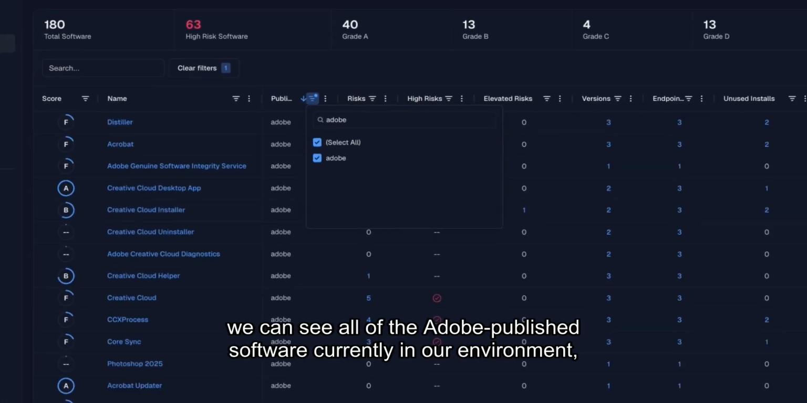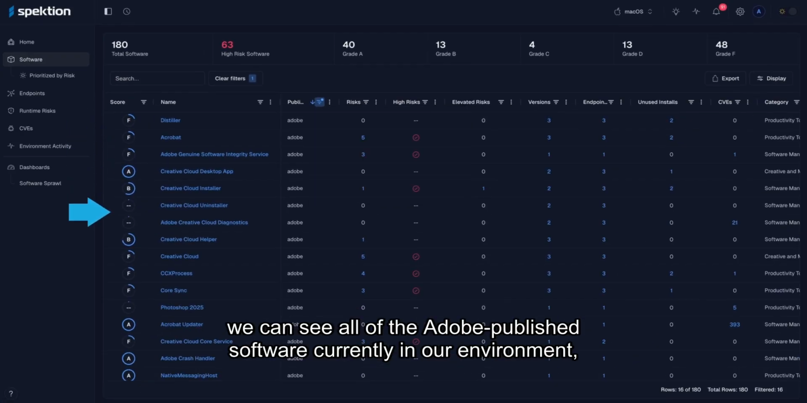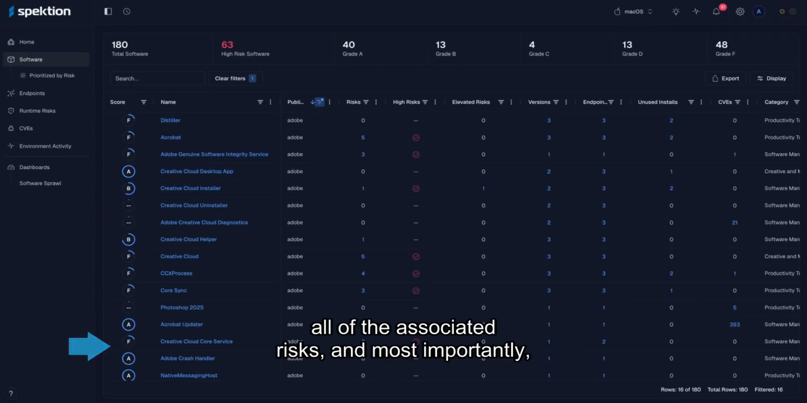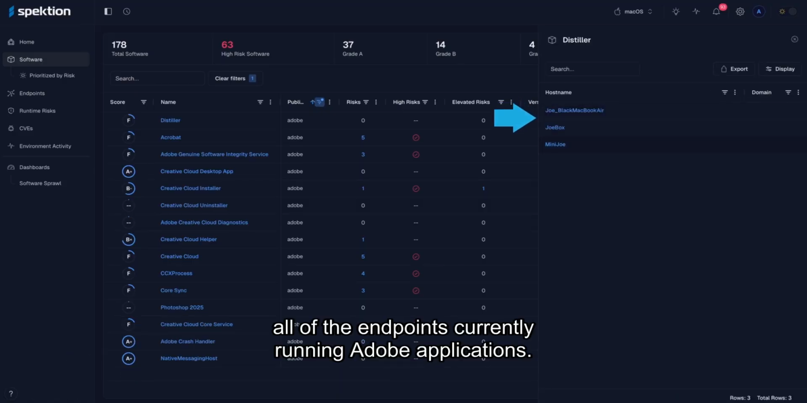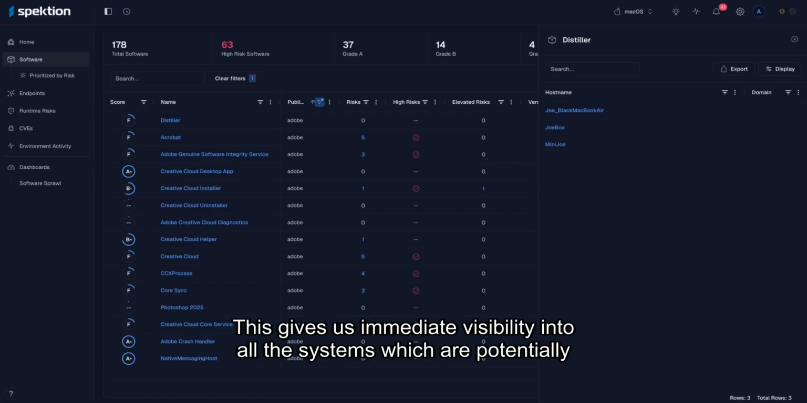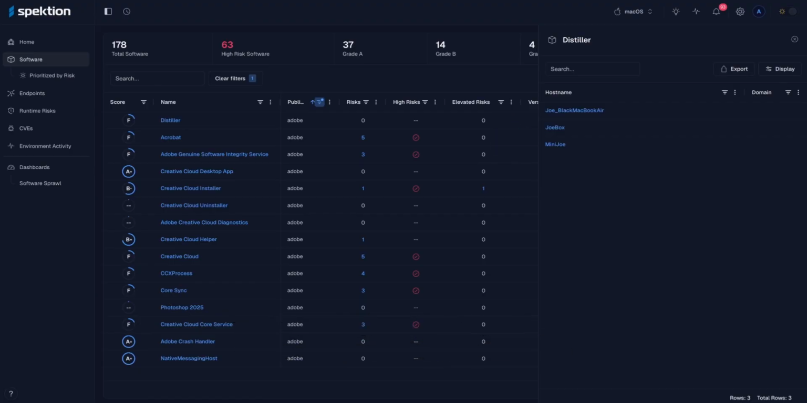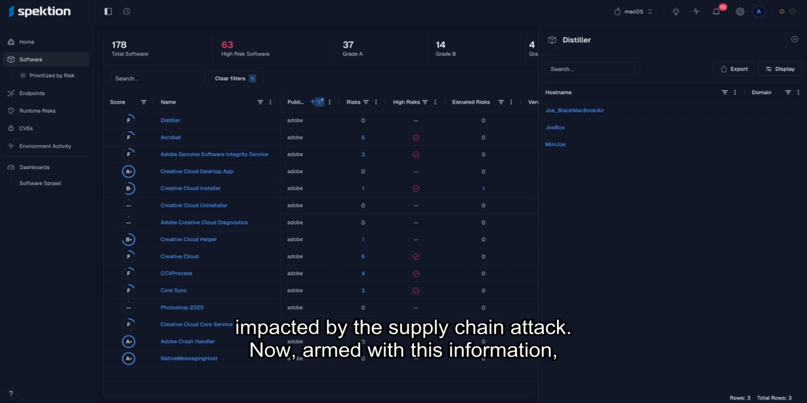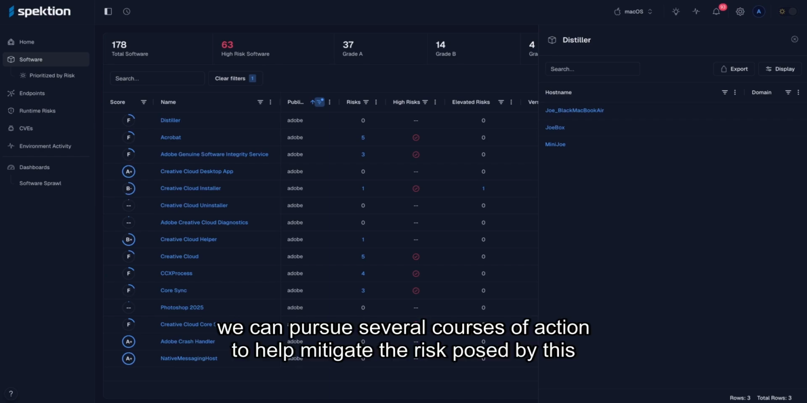Instantly, we can see all of the Adobe published software currently in our environment, all of the associated risks, and most importantly, all of the endpoints currently running Adobe applications. This gives us immediate visibility into all the systems which are potentially impacted by the supply chain attack. Now, armed with this information, we can pursue several courses of action to help mitigate the risk posed by this